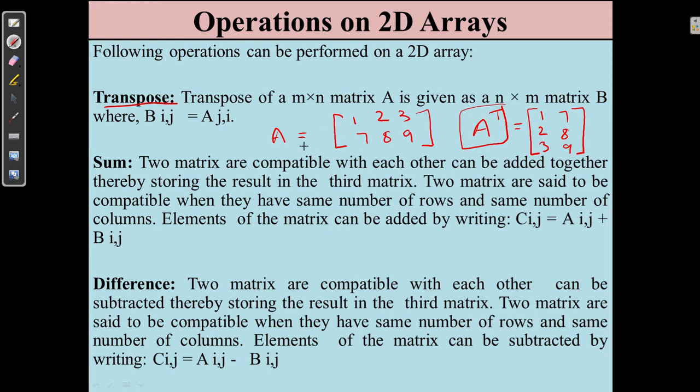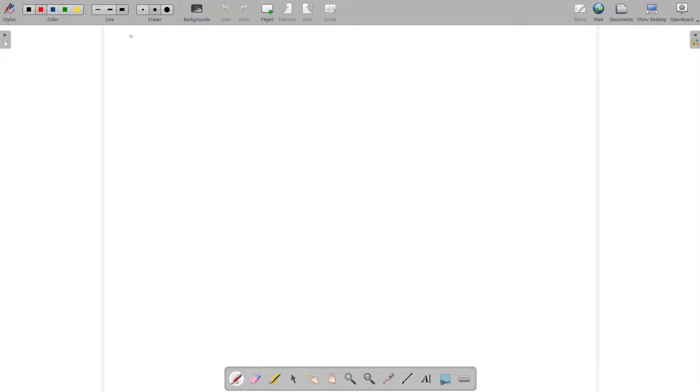But for that, what do we have to do? For example, we have a matrix A of m into n. When I say we have a matrix A of m into n, it means the number of rows is m and the number of columns is n. So if we have a matrix of m into n, then to find the transpose, we should declare another matrix B that is n into m. And then B[i][j] is equal to A[j][i]. The transpose of a matrix A of m into n is given as n into m. So let's write a program to find the transpose of a matrix.